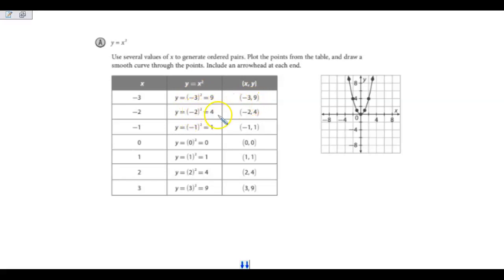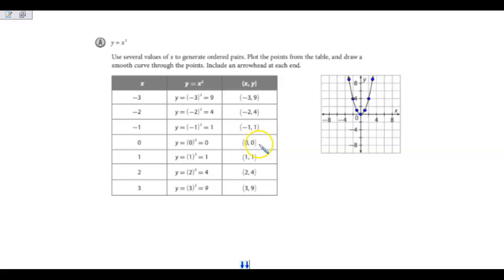-2 squared is positive 4. I get -2, 4. And then you'll notice that as we go down, there's a repeat. It's almost a mirror image, isn't it? Y's are 1s, Y's are 4s, Y's are 9s. When we plot our points, we see that our points are mirroring each other,